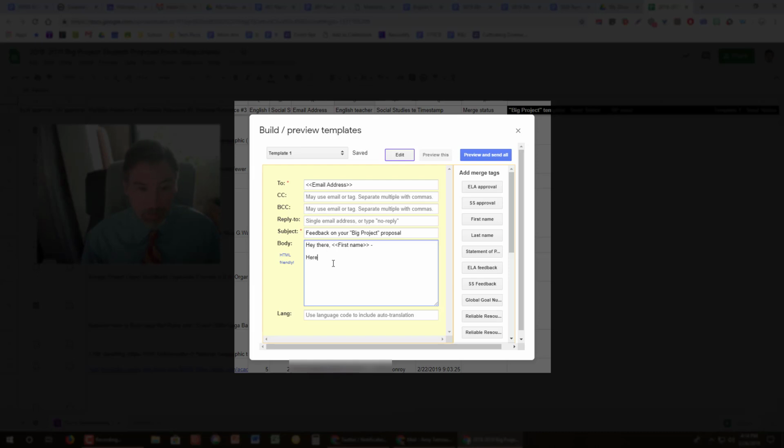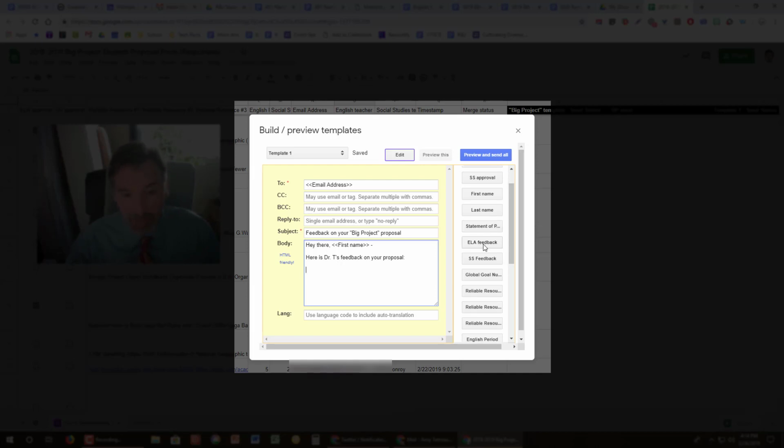Here is feedback on your proposal. And then I want it to pull the stuff that I wrote on the sheet itself and send that to every kid. So I'm going to find my column that has that information, click it, and then it's going to put the words ELA feedback followed by whatever I had to say to that individual person. And then I want to follow that with some further information. Yours with